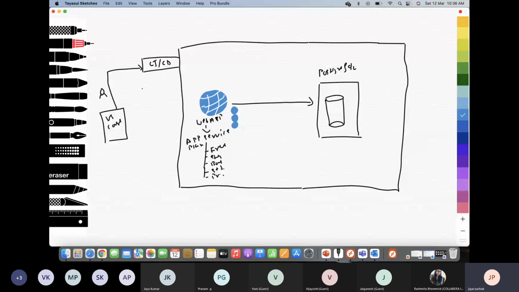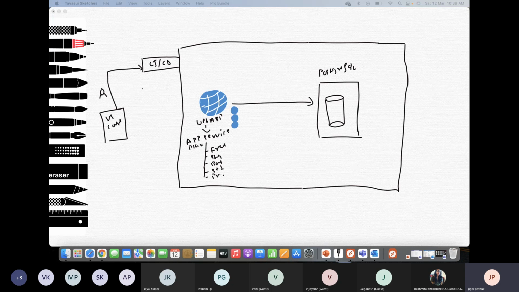So the ultimate goal over here is to provide you a kind of fully managed platform where you can build and deploy your instances with the help of these frameworks, right? Now, ultimately, of course,